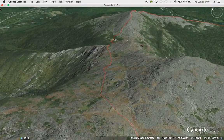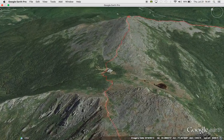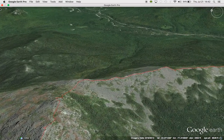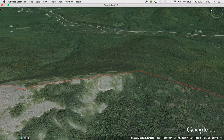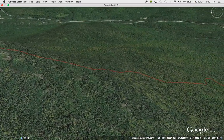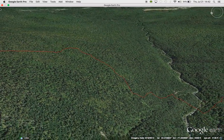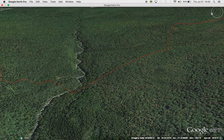Adams. I don't have the trail going over Adams. That was a mistake. The trail should go right over Adams. You can go around any of these summits. Then up to Madison. And from there, you're following the Appalachian Trail, the Osgood Trail, eventually the Madison Gulf Trail, Osgood Cutoff, Madison Gulf Trail, and then finally,